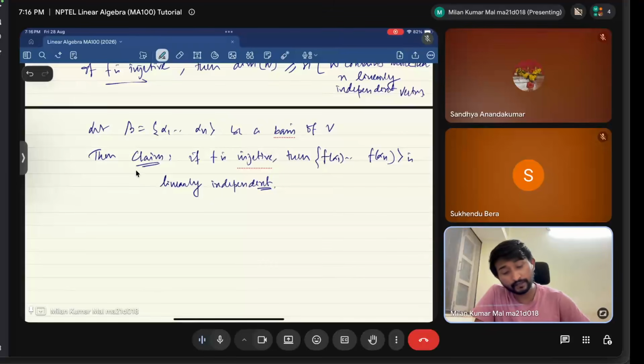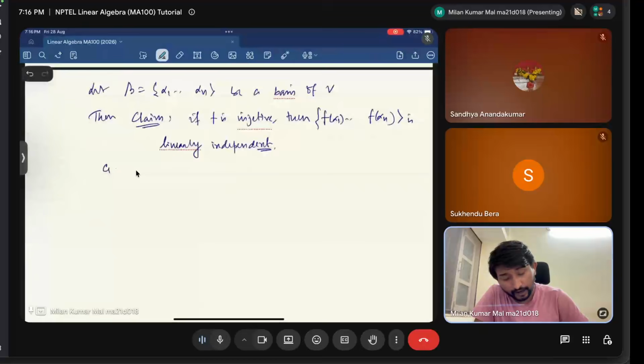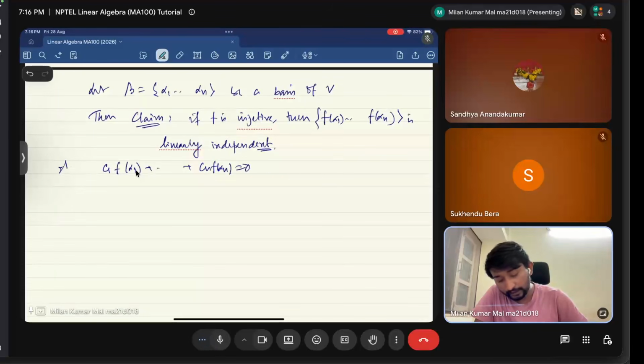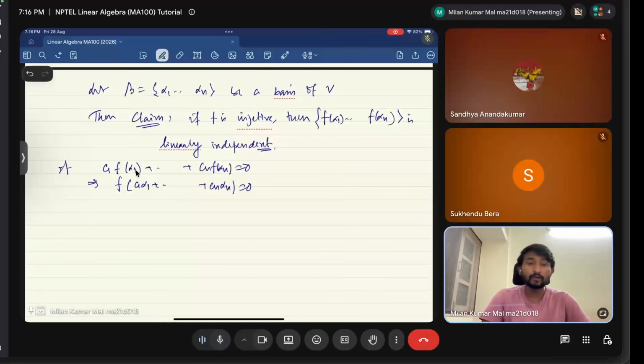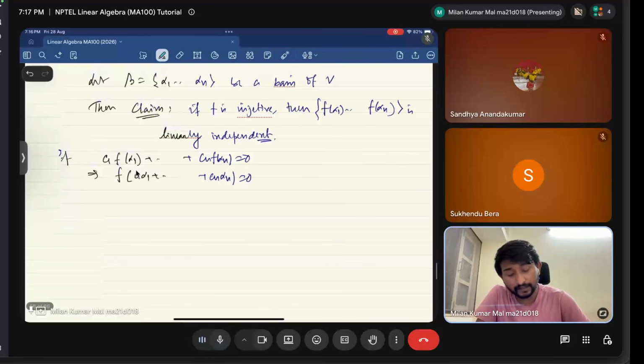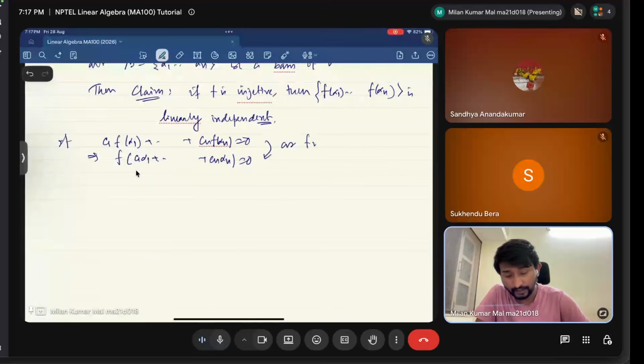Why does this happen? Let's try to prove this. Suppose c1 f(alpha 1) plus all the way to cn f(alpha n) is equal to 0. If this happens, then as f is linear, I can write it as f of c1 alpha 1 plus all the way to cn alpha n is equal to 0. But we have said that f is injective. This happens because f is a linear